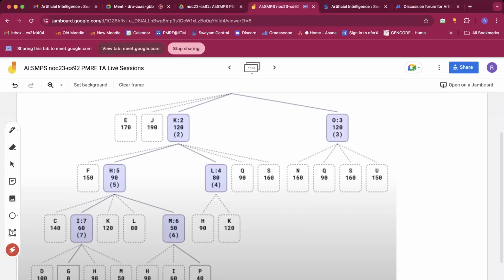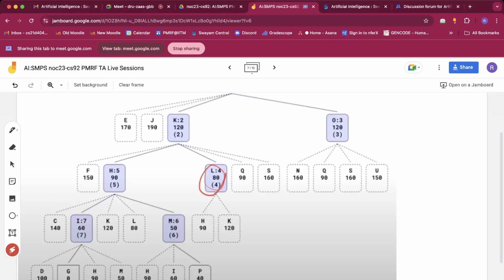We won't expand E and J, we will just expand K and O simultaneously. Okay, and these are all the possible children of K and O together. Now out of all of these together we will select the two best looking options. So here, one of the best looking options is L, which is